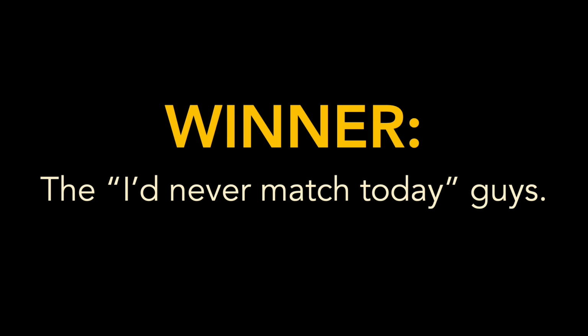And obviously there is a certain truth to this. I mean, the radiologists and dermatologists and surgical specialists of different varieties who usually make these comments, they probably wouldn't match today. Or at least they wouldn't match if they applied with exactly the same credentials that they did 10 or 20 years ago. But what everyone needs to understand is that the reason it's tougher to match today isn't